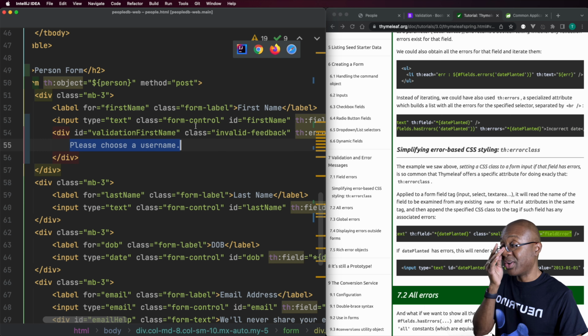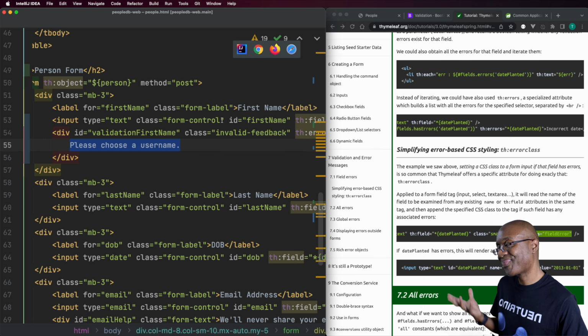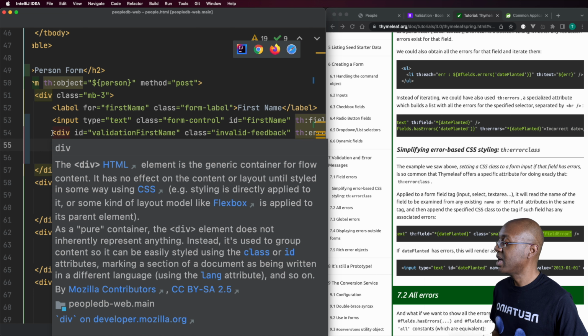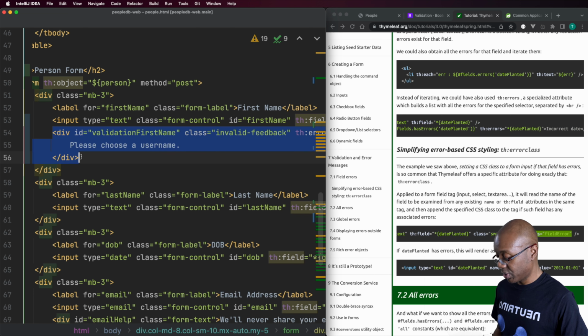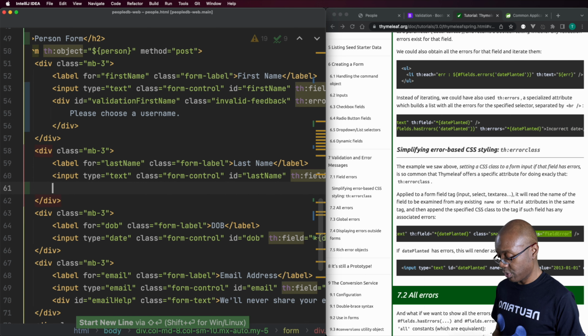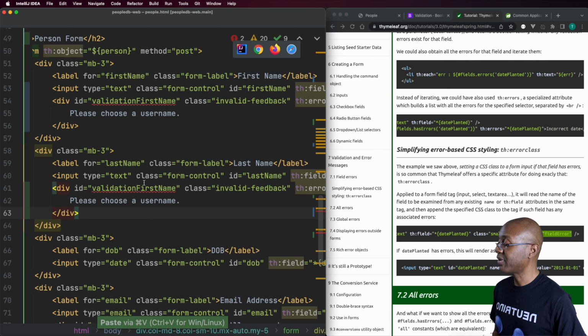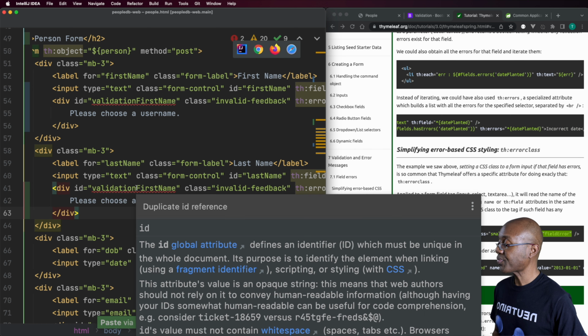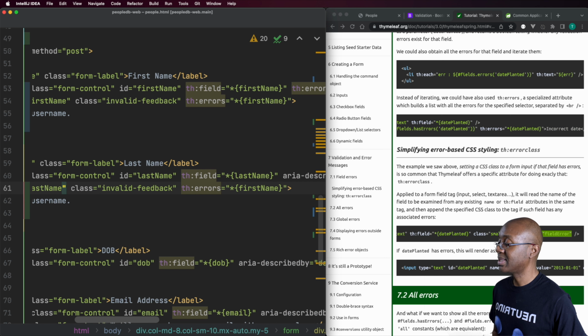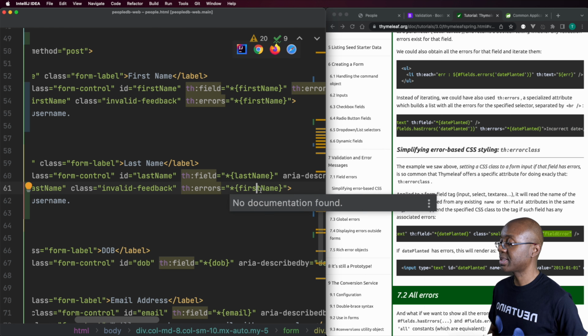Sorry, I know I have to explain a lot here, but that's how it goes sometimes with programming, okay? So now that I've done all of that, I'm going to copy this, and I'm going to do the same thing on each of these remaining fields where we're doing validations at least. So let's see, we'll call this one validation last name, and we'll change this to last name, last name,